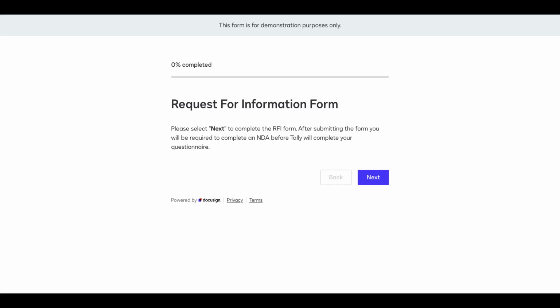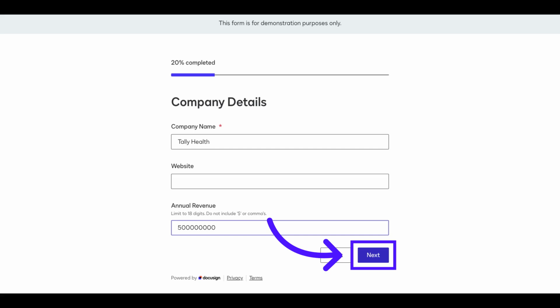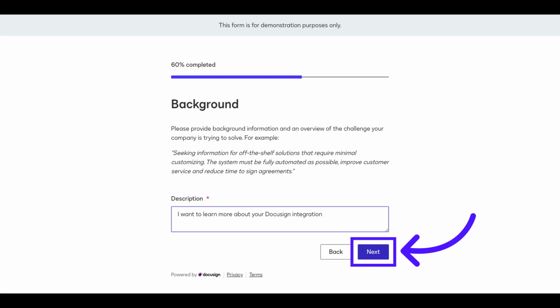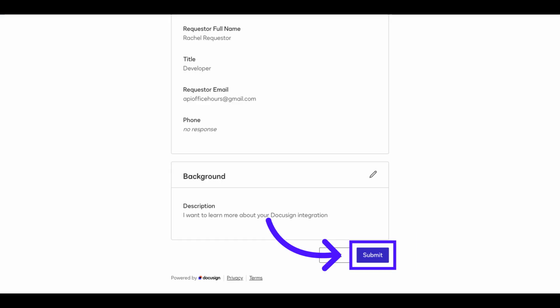So I'm just acting as a participant. This is what the potential lead would see if they came to this URL. And I'll just fill out some information here. On the next page of the web form, I'll just keep filling out my information. And since this is a request for information workflow, I'm just going to give some more information about what I, the potential customer, am looking for. So I fill out that description. And then I can review everything that I entered in the web form. And if it looks good to me, I'll choose Submit. And after I submit the form, I'll be directed to the final step of the workflow. And so that's this confirmation screen that we